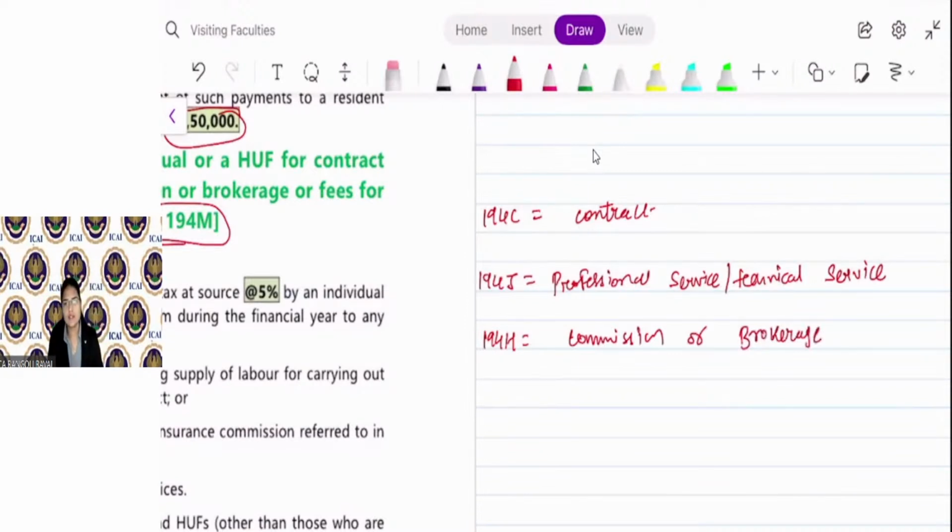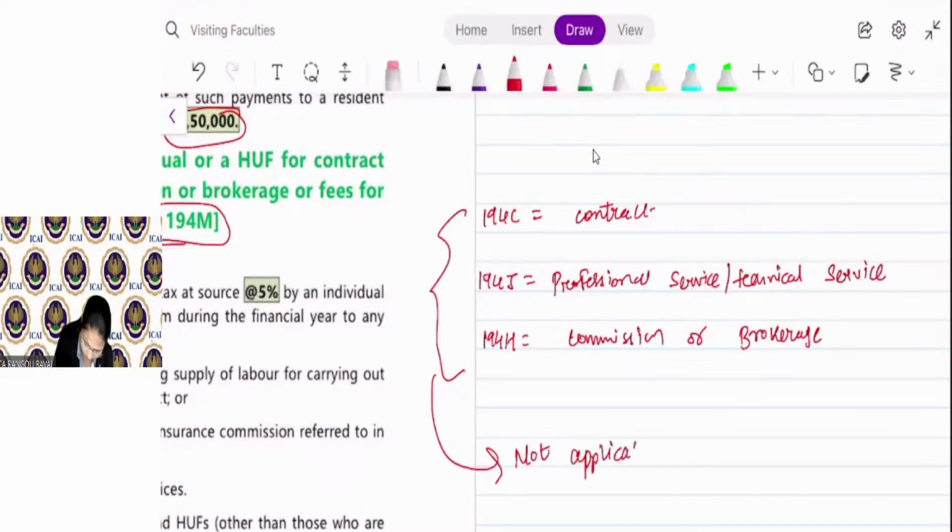In all three sections, we studied that this section is not applicable to those individuals, HUF,